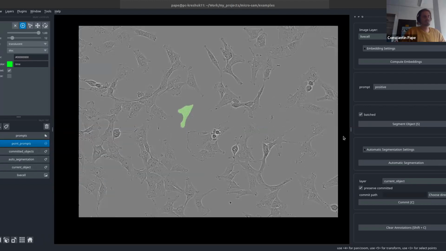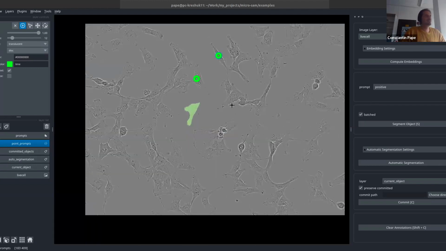We can also, to speed up annotation, click this batched flag here and then annotate multiple cells at a time, right? Basically I can click segment object, it annotates those, I can click commit and say I'm happy with this. Now I'll just deactivate this because right now we'll see the shortcomings of this vanilla or default segment anything